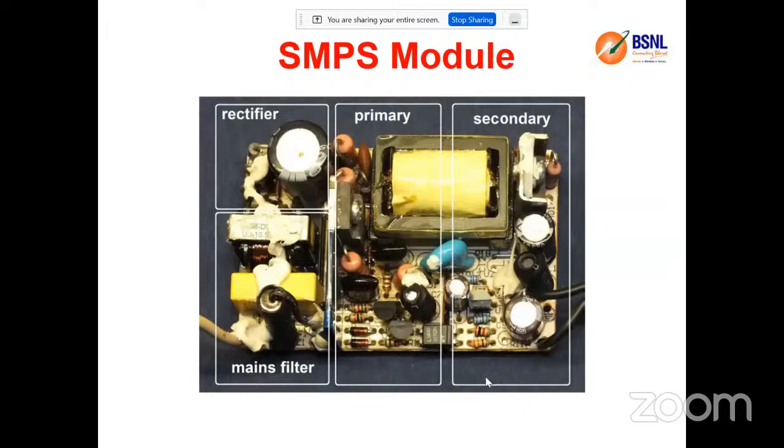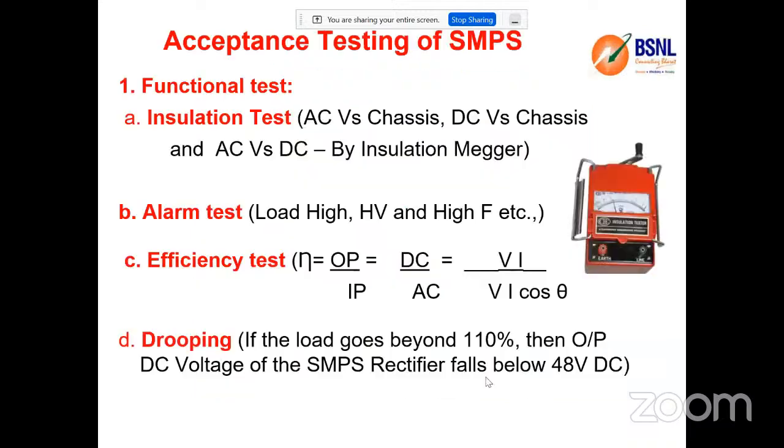This is the circuitry available in our SMPS power plant module. It has a rectifier, primaries and secondaries, and main filters. And this is one of the tests done on our SMPS power plant. After the installation, our acceptance testing teams will come in,